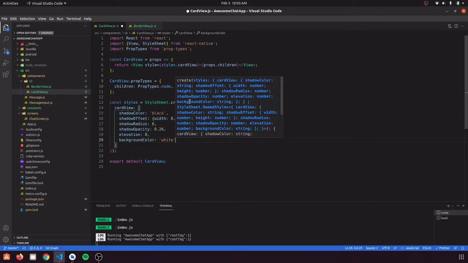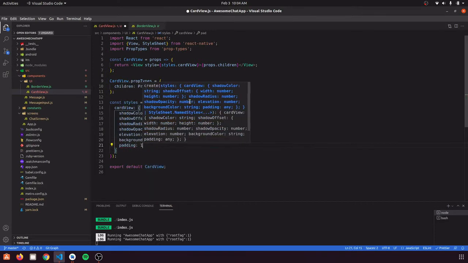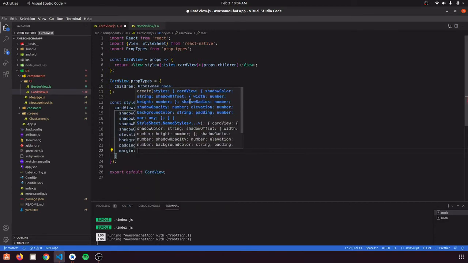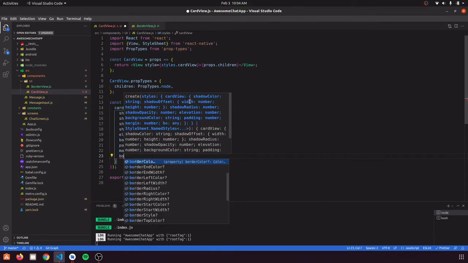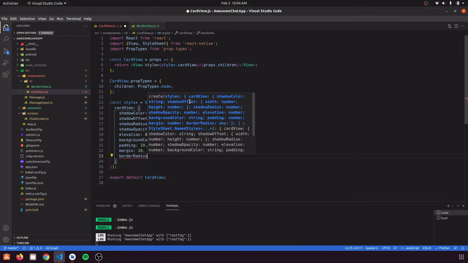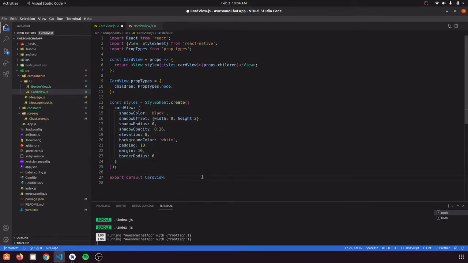Like if you have a screen whose color is pink and you are not defining a background color for this card view, it will be transparent and it will show the color of its background. And now we are going to give a padding of 10 and margin of 10 also, that will look good in a card. And we are going to give it a border radius equal to 6, same as the shadow radius. And now we are done with this card view also.